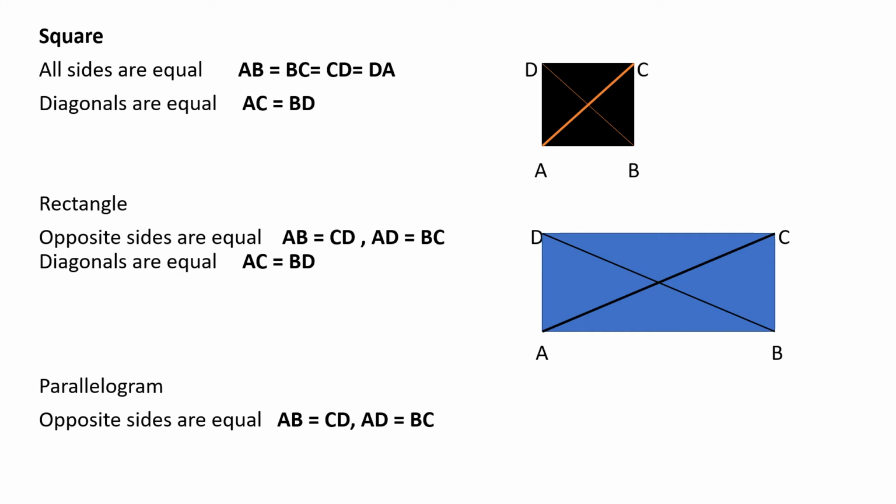Now going to the next problem. Actually here, if they give the coordinates of A, B, C, D and they ask you to prove that it is a square, then you have to prove AB equal to BC equal to CD equal to DA. In a square all sides are equal. In the same way diagonals are also equal, that is AC equal to BD. If they want you to prove the given coordinates form a rectangle, then you have to take A, B, C, D as your rectangle.